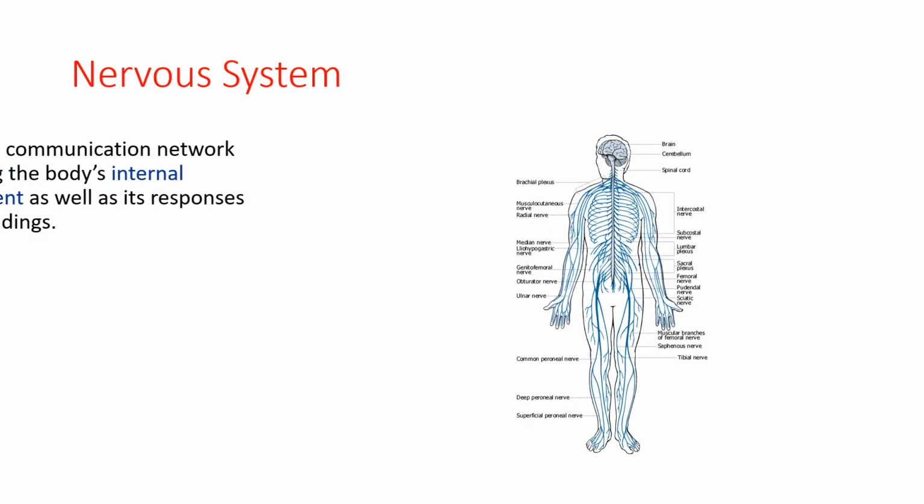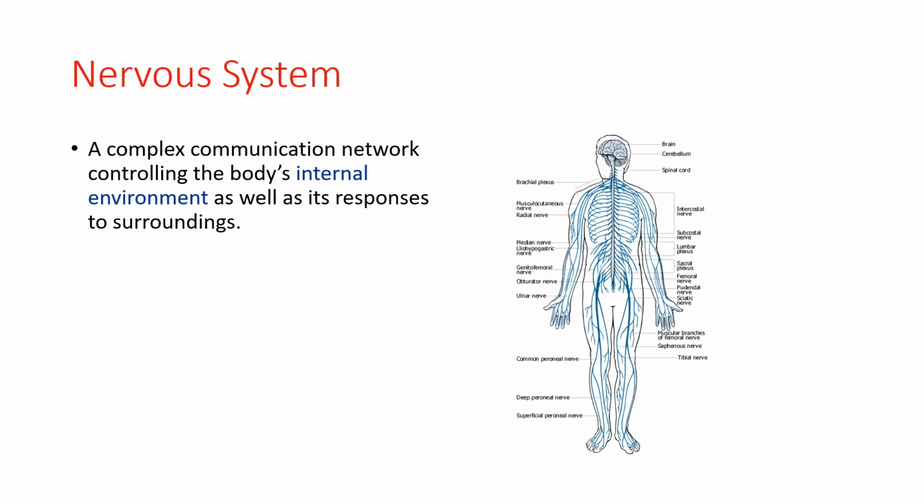Now, what is nervous system? Nervous system is defined as a complex communication network controlling the body's internal environment as well as its responses to surroundings. So dito sa nervous system, pag-aaralan natin kung paano nagkakaroon ng communication, neural communication from the stimulus, and how the information travels through our brain, and we are going to study as well how our brain function to respond